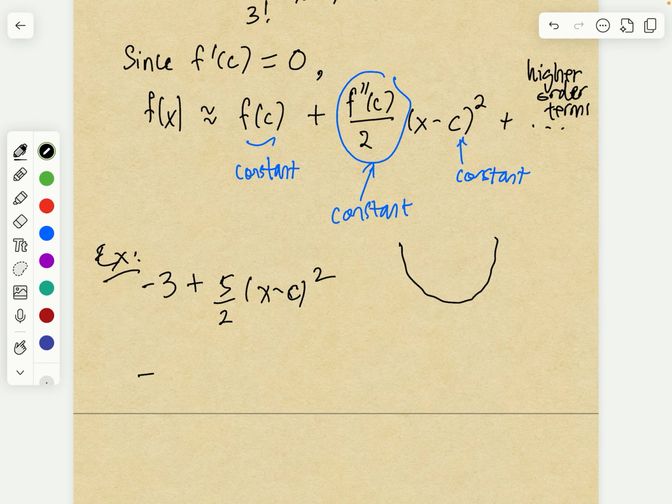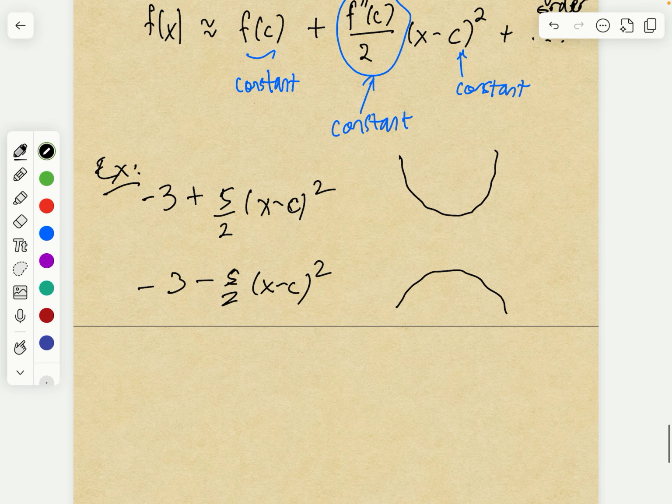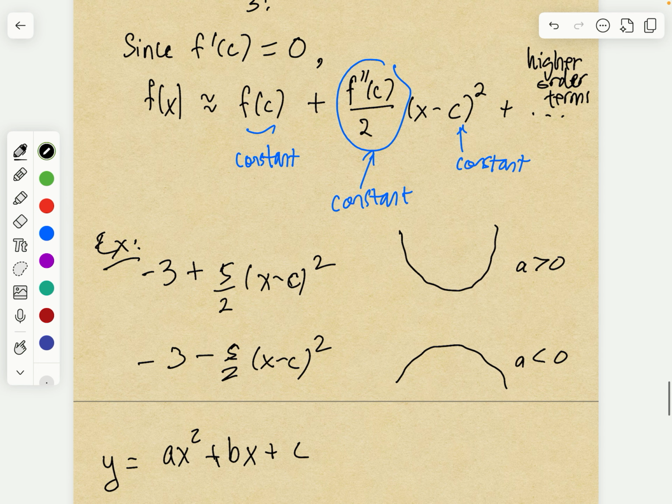And if you had something like negative 3 minus 5 halves times (x minus c) squared, that's going to be a downward pointing parabola. Remember, what tells you if you have an upward pointing parabola or downward pointing parabola is, when you have ax squared plus bx plus c, if you have y equals ax squared plus bx plus c, if a is positive, you're going to get something like this. If a is negative, you're going to get something like this. And your a in this case,